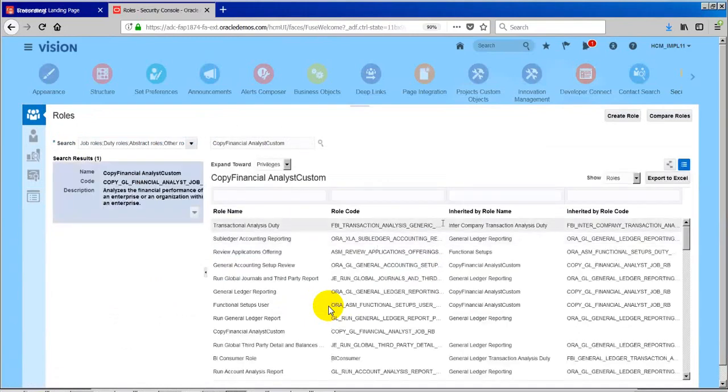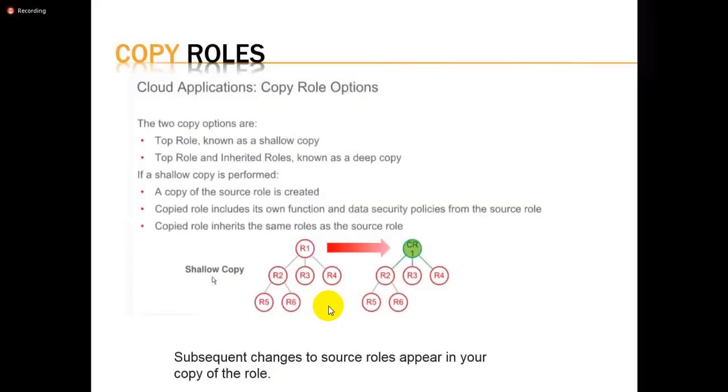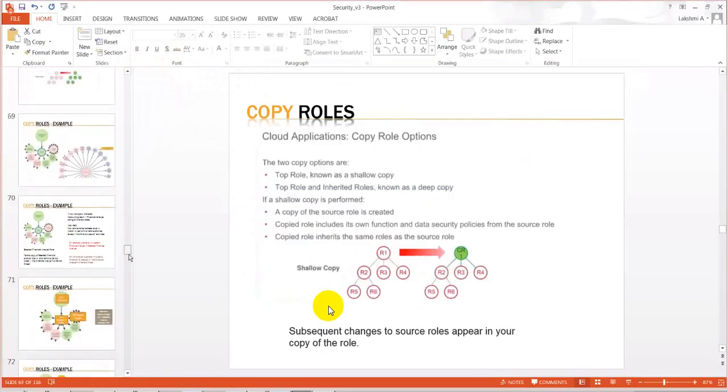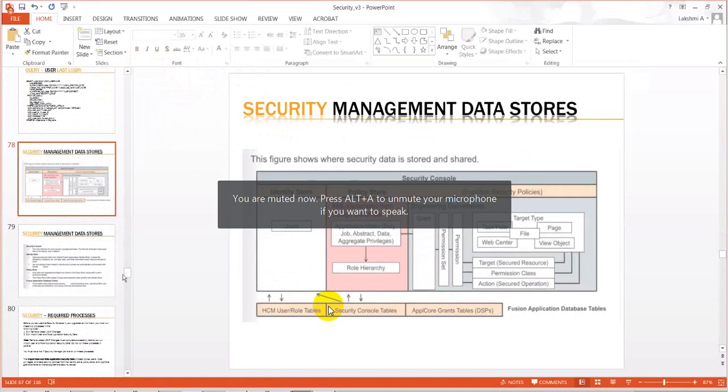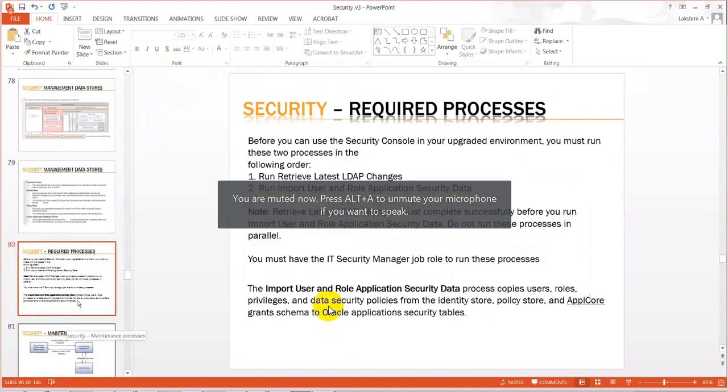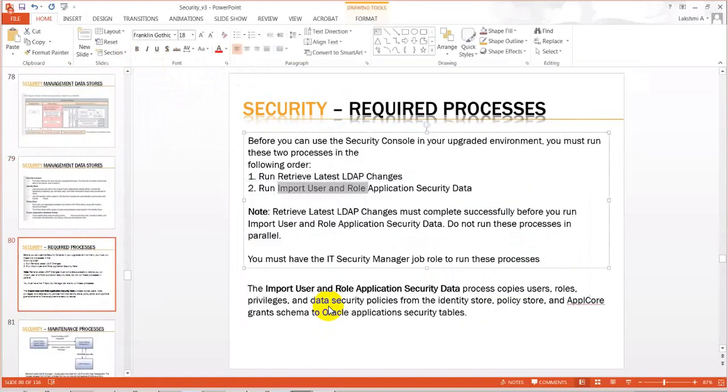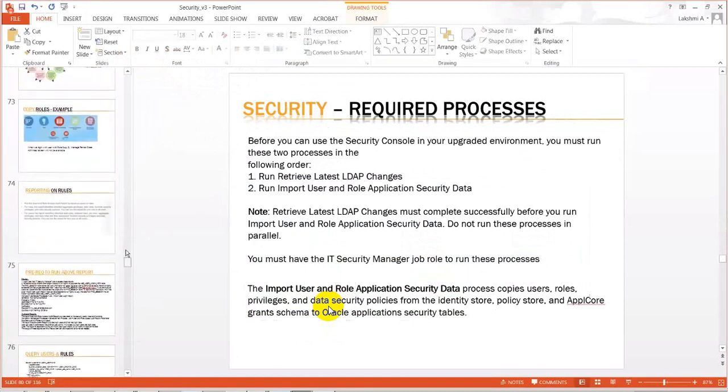Typically there is a background process, retrieve LDAP changes, which we need to run. As I'm creating it for the first time, I no need to run that, but I'm going to talk about those processes in detail in a minute. When I talk about the data stores, I'm going to talk about what processes we need to run and what is the importance of those things. So bear with me for a while.